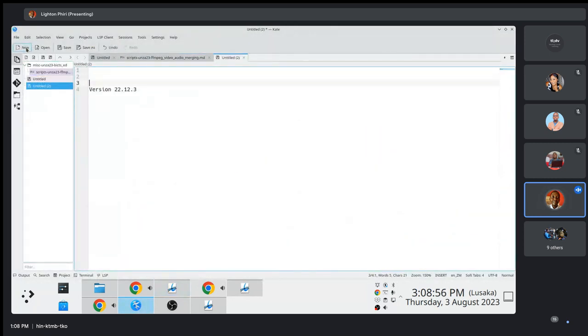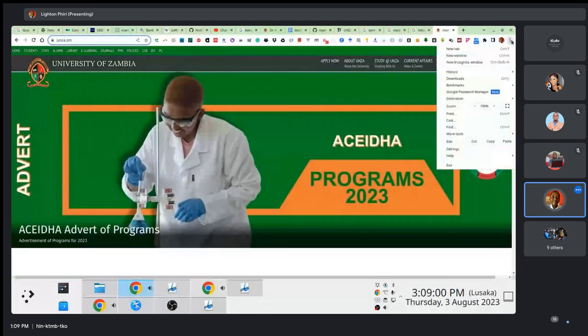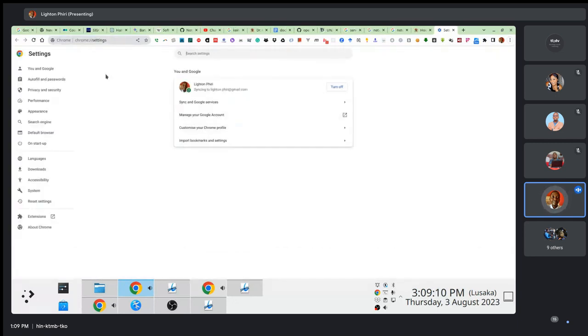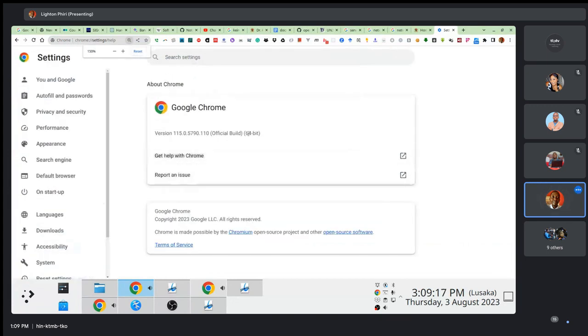If I go to Chrome, and I'll answer your question, I just want people to gain an appreciation of what is happening here. I don't know if it's under settings and then About Chrome. If you look at Chrome here, it tells me the version of Chrome I'm using.